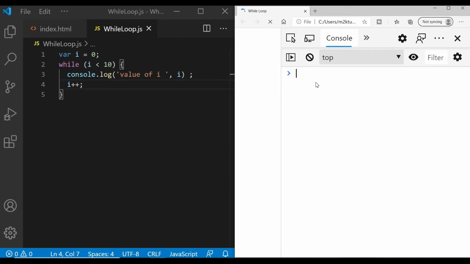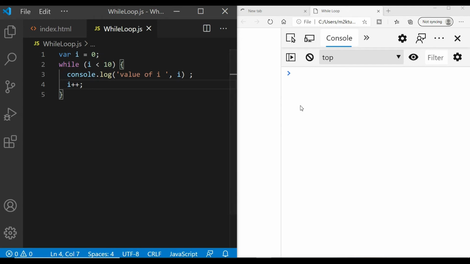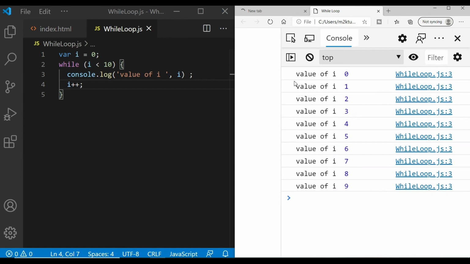Okay, so now save it and press F5 to refresh it. As you can see, guys, earlier we just blew up our memory because we ran that again and again. Now it's taking time, so let's check that again. We have added i plus plus so that this condition fails at some point, and let's go to our web page, F5, and now you can see it is able to print 0 to 9.